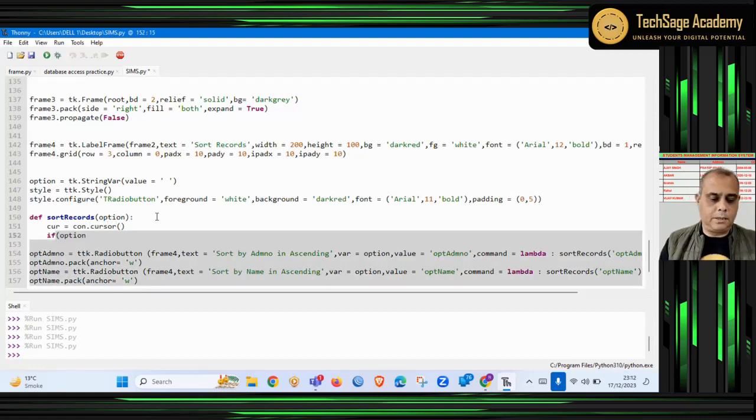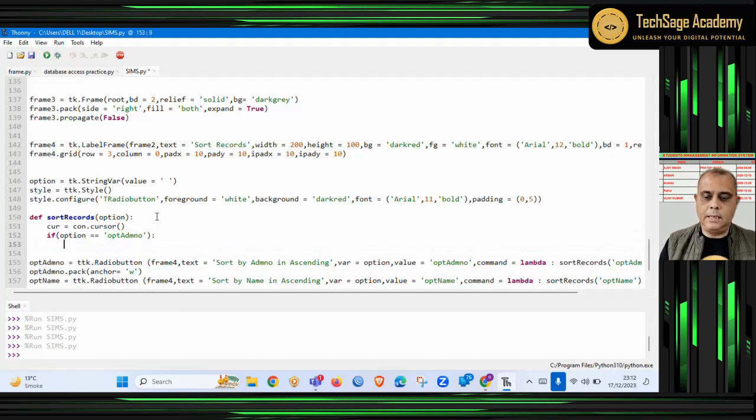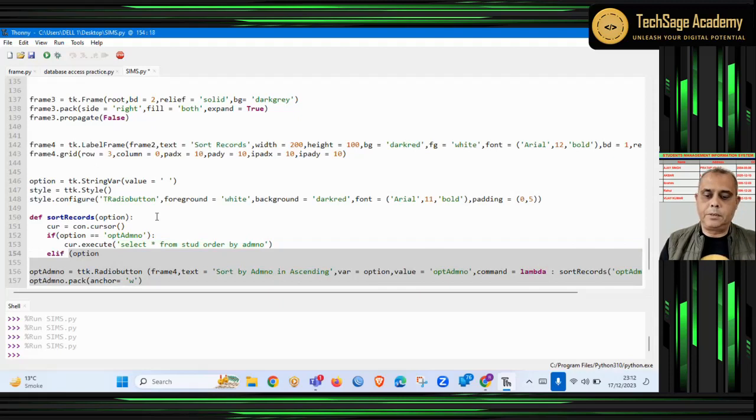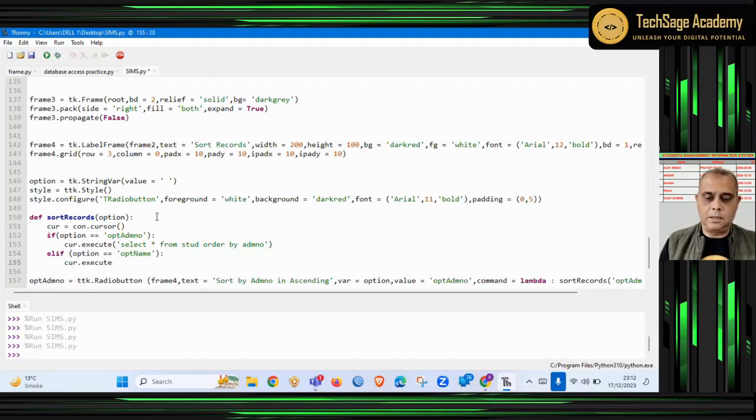If option double equal to opt admission number, then cursor.execute select star from student order by admission number. elif option is equal to opt name, cursor.execute select star from